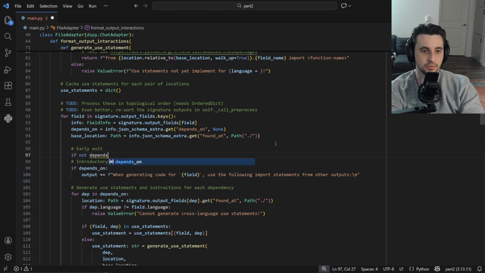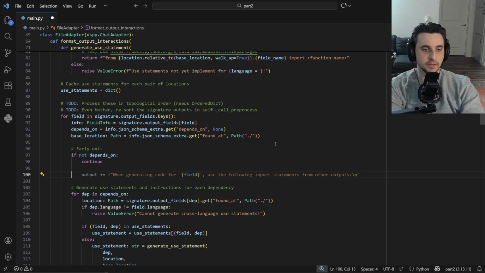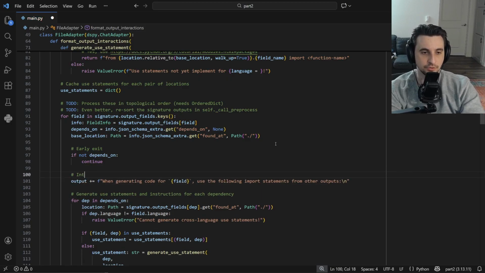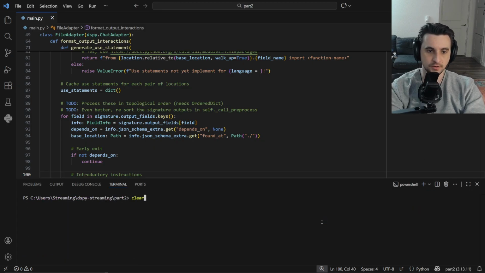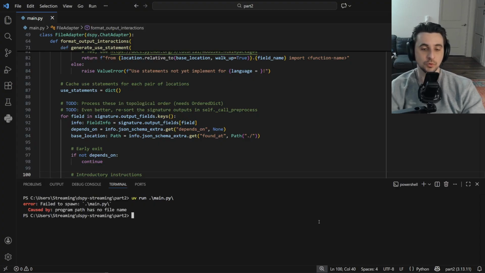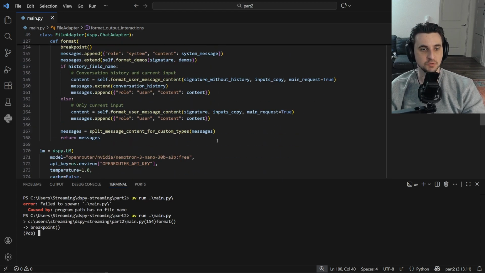So if not depends on, continue, then we know we have at least one dependency, and we can do introductory instructions. Okay, we're pretty much done here. Whoops. There we go. So let's see what